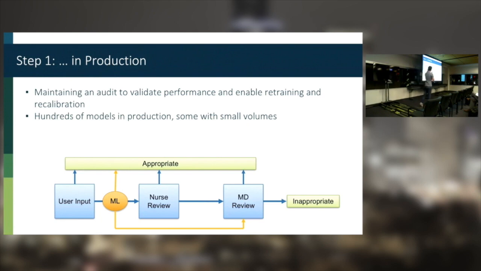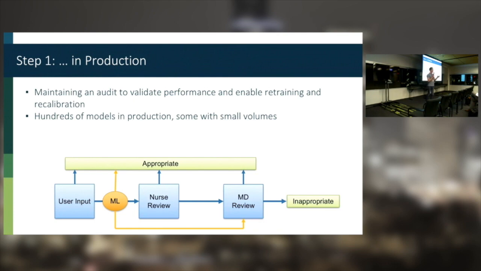So what we do is maintain an audit, basically. Let's say for 90% of the cases, if the model is able to make a decision, it will make the decision, but in 10% randomly, the case will still go to a nurse. If the model is not able to make a decision with enough confidence, it goes to review. If it's pretty clear that the case should be approved, great. Pretty clear that the case should go to a physician, fine.